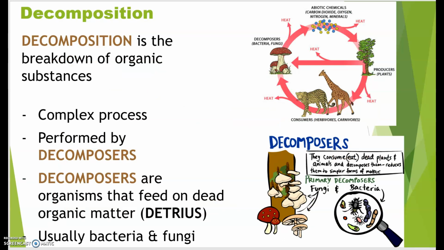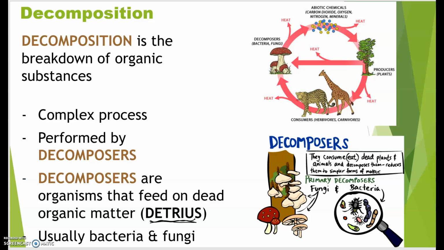Now, decomposition, or breaking down of organic substances like that rabbit and the cat that we've seen in our last example, is a very complex process. It's carried out by a couple of different organisms. Bacteria and fungi are definitely the most important in this role. And decomposers are organisms that feed on dead organic matter. Dead organic matter is often called detritus, which is where that food